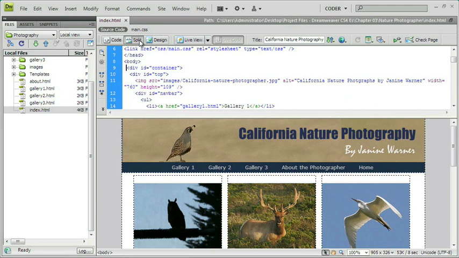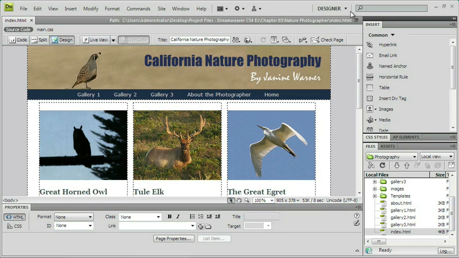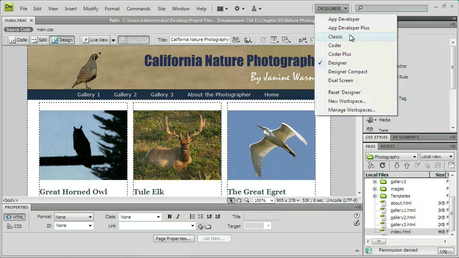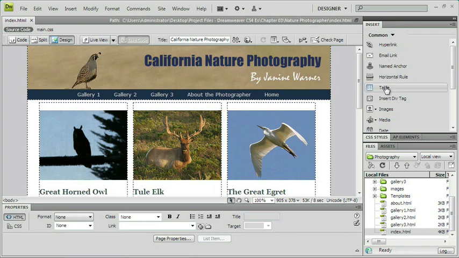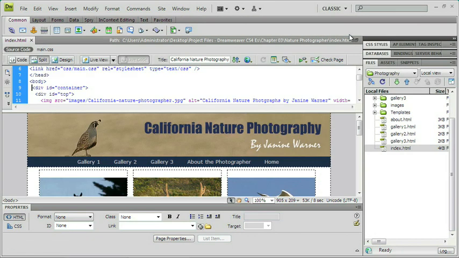One of the biggest differences between the coder and the designer options has to do with the placement of the panels. Notice they've moved to the left side of the screen here. If I come back over to designer, they'll switch over to the right side of the screen. You can also get the classic view. You may have noticed that the insert panel here is now in the top right. It used to be, if you're used to previous versions, up here at the top of the screen. And if I choose classic view, you'll see that it returns to that space and that the icons get their